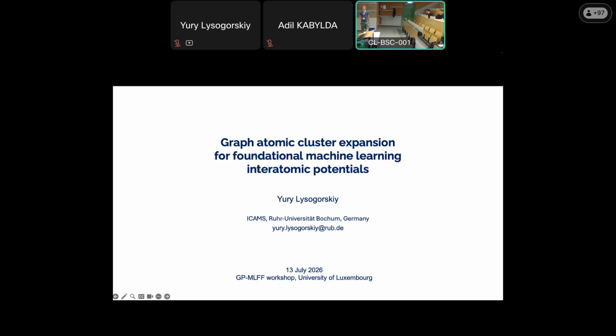So our first speaker is Yury Lysogorskiy. Yury obtained his PhD at the Kazan Federal University in Russia, then moved as a postdoc to Ralf Traut's group at Bochum University in 2017, where he was one of the key persons behind the atomic cluster expansion ACE, which is really foundation to many of the current models.